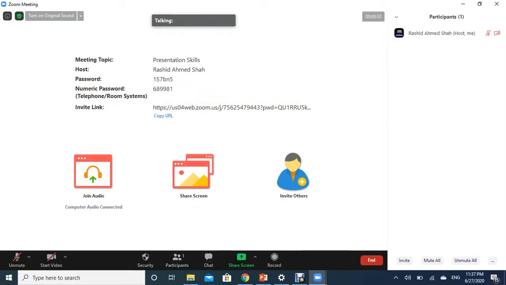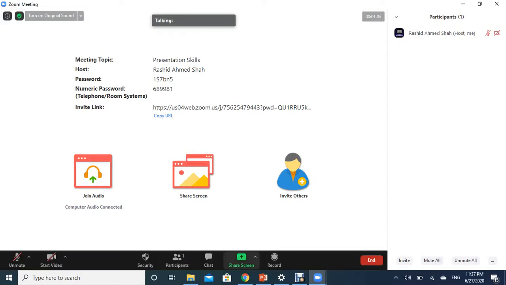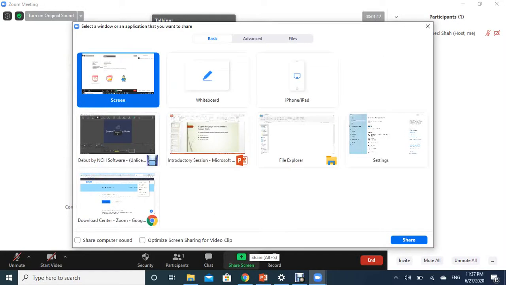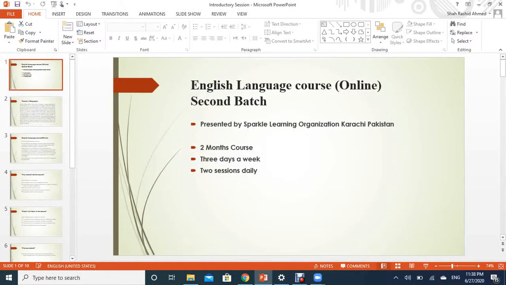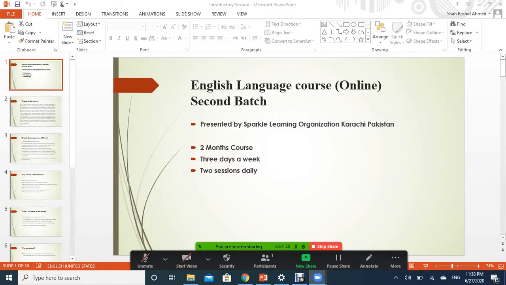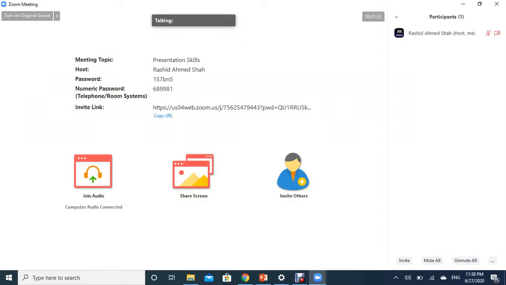Suppose for example I want to access this. I will go to the link, click on the link, and it will sync me here, so I can easily access the classroom. You can share the screen with the participants, and you can share your PPT. For example, I want to share my screen here, so you can see this is the screen. I can share the screen here, and if you want to stop it, you can stop it as well. If you want to record it, you can record it as well. It is very easy and convenient. You can easily take your class.